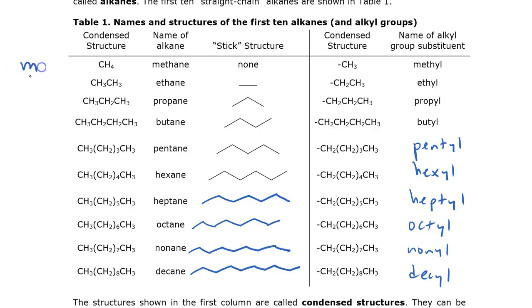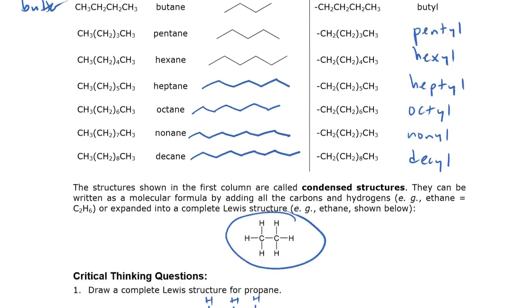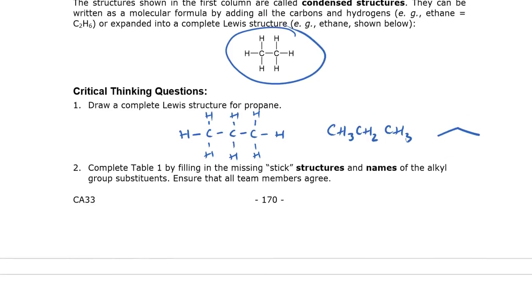And so if you make some mnemonic device for these 4 names, you can come up with your own. One I've seen before is Mom eats peanut butter. Just a way to help you remember the names of those first 4 alkanes. And then you just change the ending to get these ones over here, the substituents. Good?